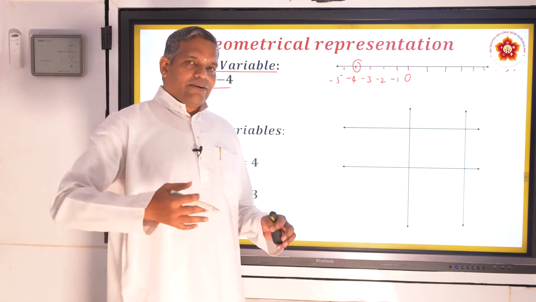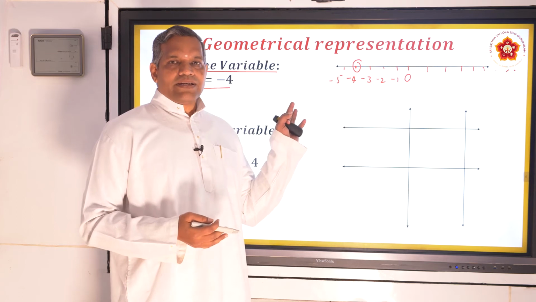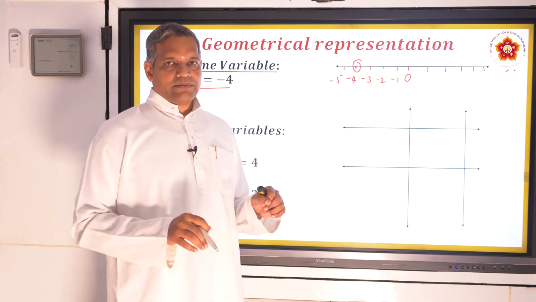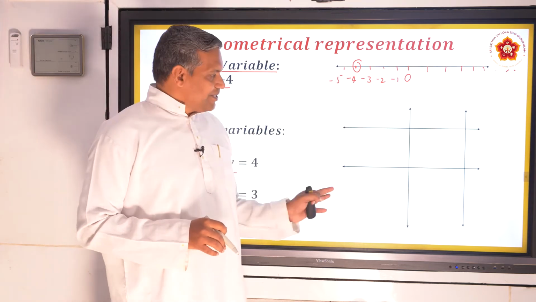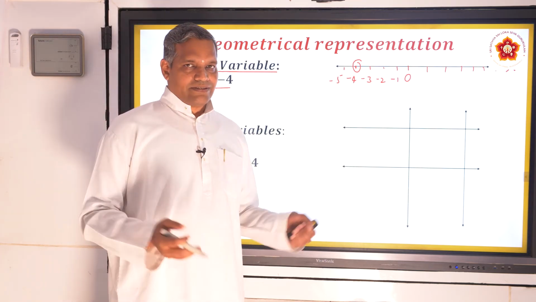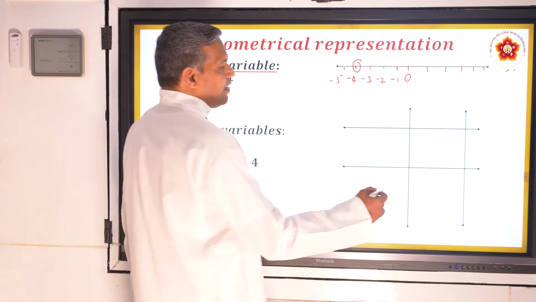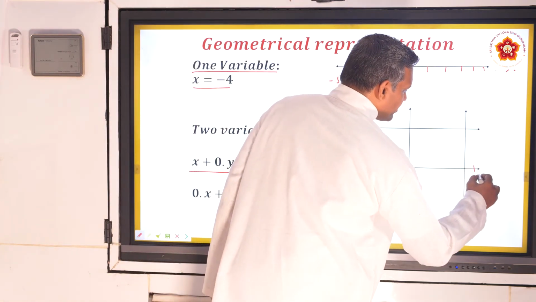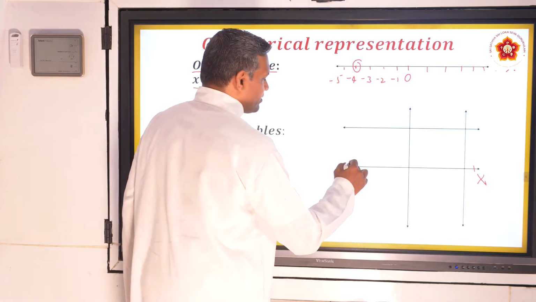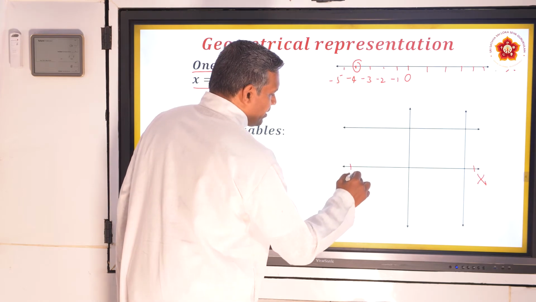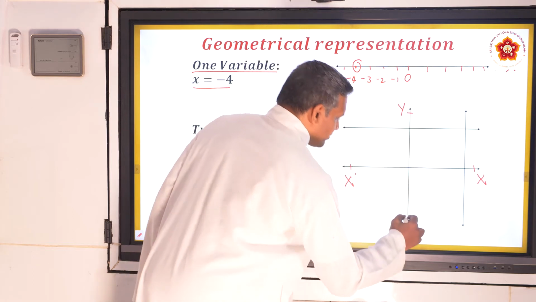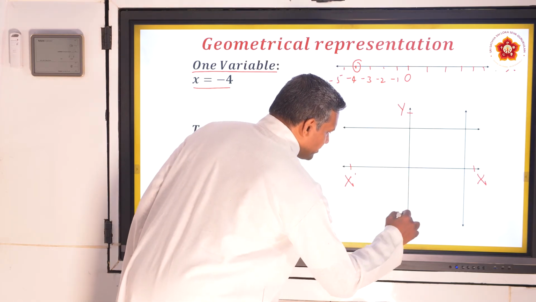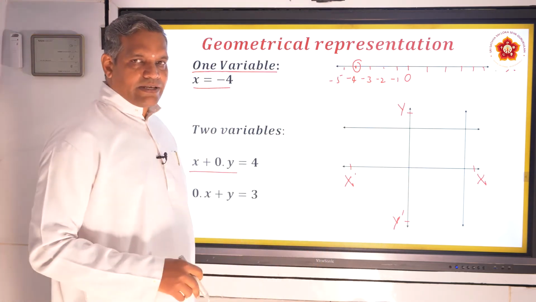So then you may ask, why are you bringing it back here? To make you very comfortable. As you know, x equals minus 4, how to represent it on a number line? Similar is the case, how do you represent things on a graph sheet? So now I am taking this as a graph sheet. This is my positive x, this is my x dash, this is my capital Y, this is my y dash. This is a graph sheet, Cartesian plane I call.